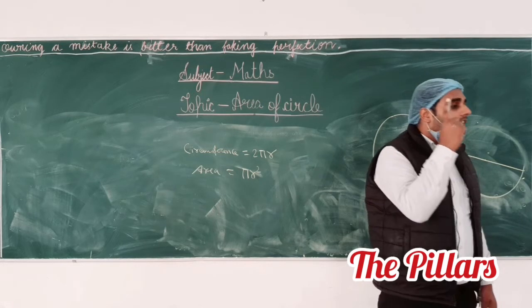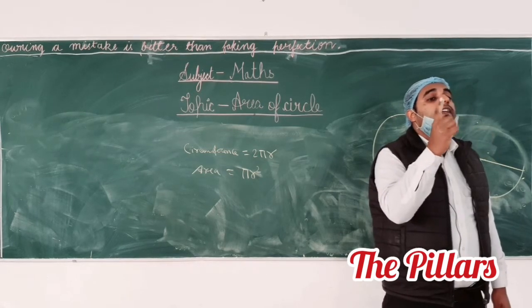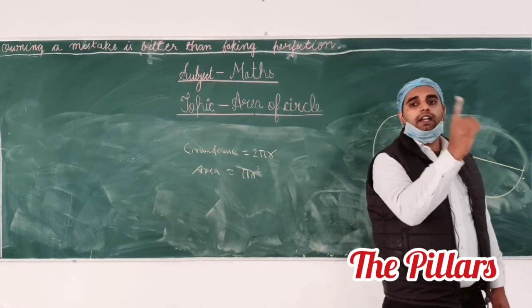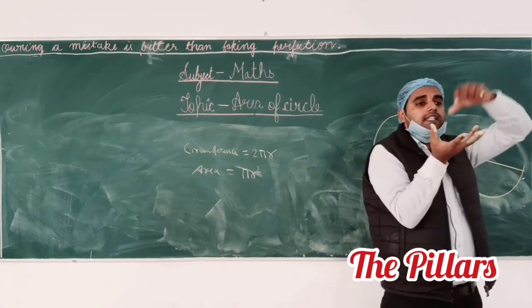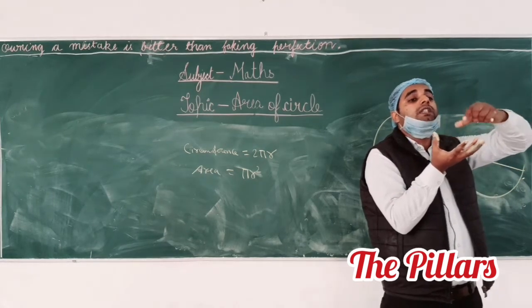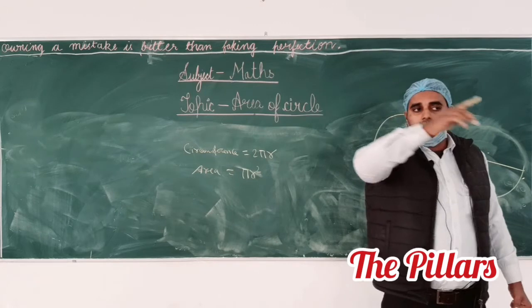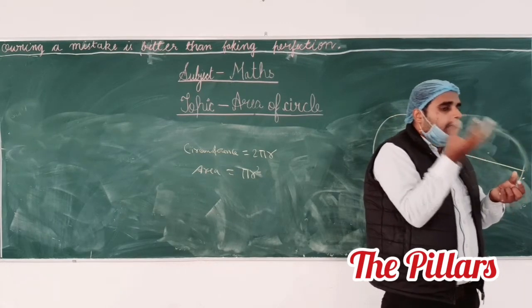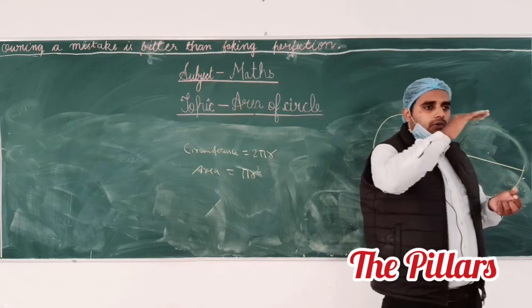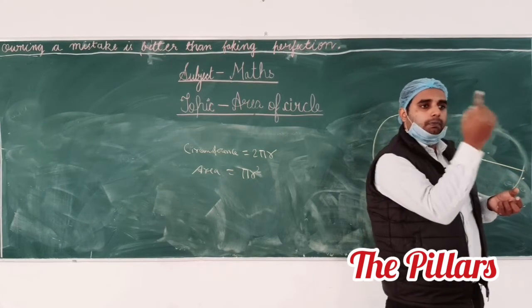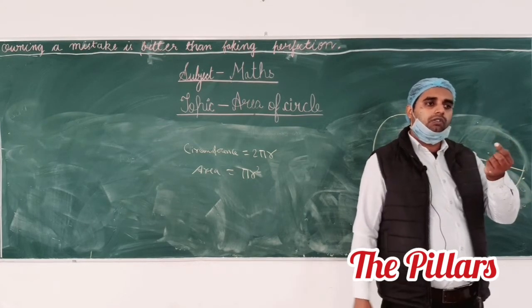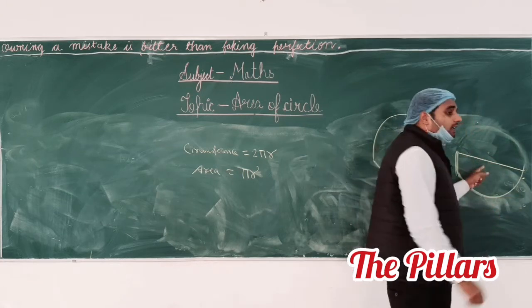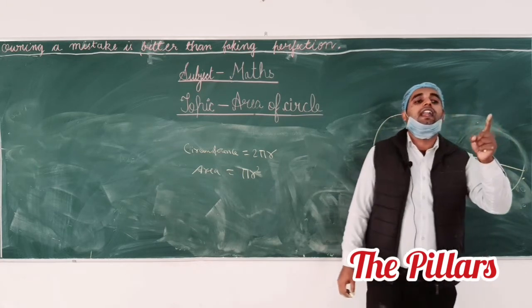Whenever you cut a three-dimensional object, we find a circle, a surface. Whenever you cut a sphere, you find a circle on the surface. Whenever you cut a tomato or a potato or anything from the middle, you see that there is a circle on the upper portion. And whenever you cut a two-dimensional figure, there is a line.